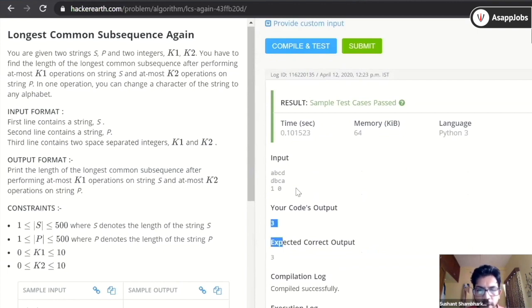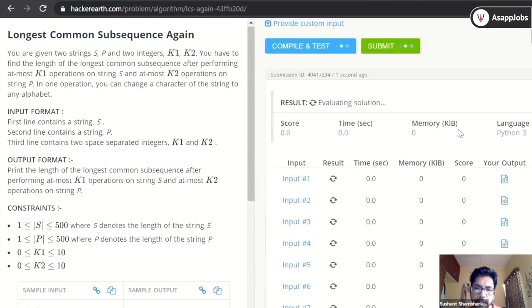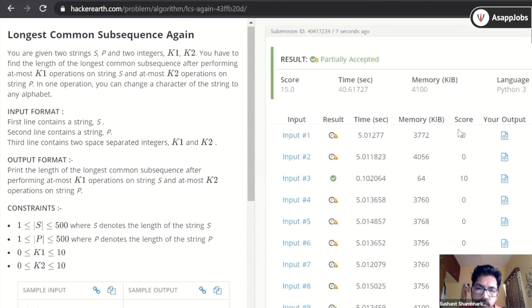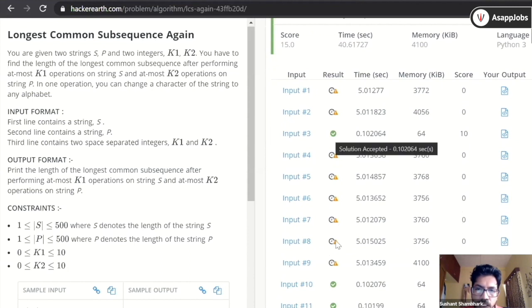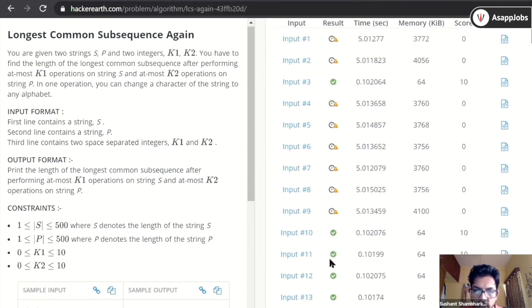Why we got 3 here? Can anybody guess? Even though the length is only 2 here, because we are allowed to perform one operation, you can just add that operation into the length of 2 and get the minimum of the length of this and whatever answer you have. I'll just submit this. We still haven't used any caching mechanism. Let's just see how many correct results we are going to get. Yeah, we got one result here. I guess these are smaller strings. That's why we got the correct result here.